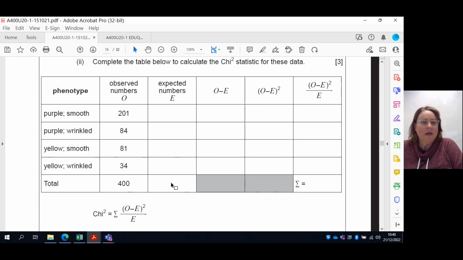But it won't help you. If you add 9 and 3 and 3 and 1 up, you get 16. Divide your 400 by 16, gives you your number for the 1 equivalent. That number times 3 gives you those two. The original number that you've had, 400 divided by 16 times 9 will give you this number here for the smooth and